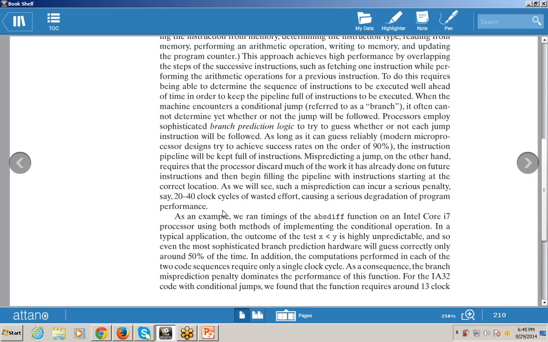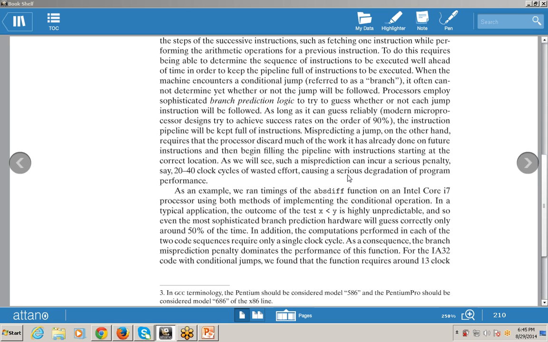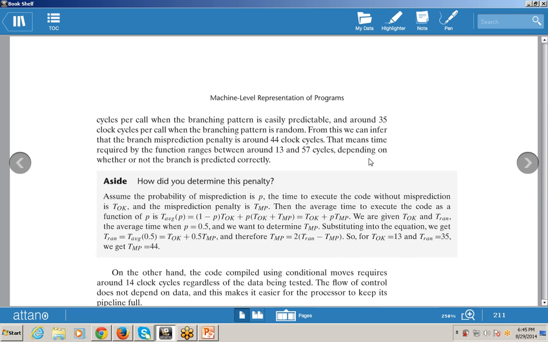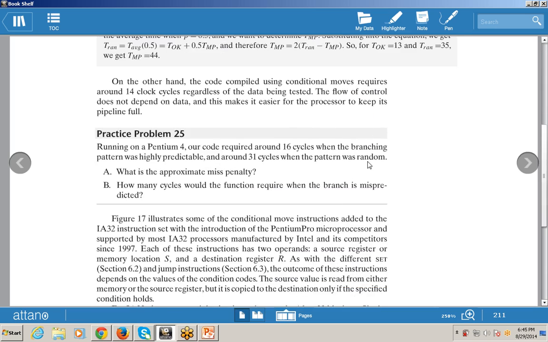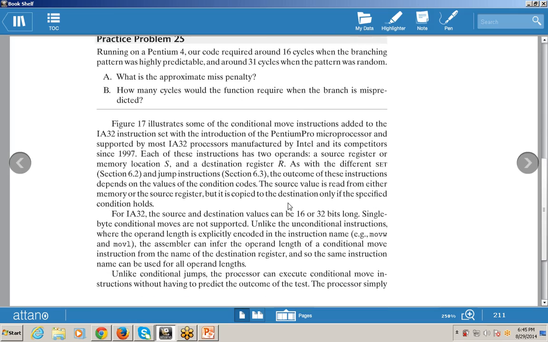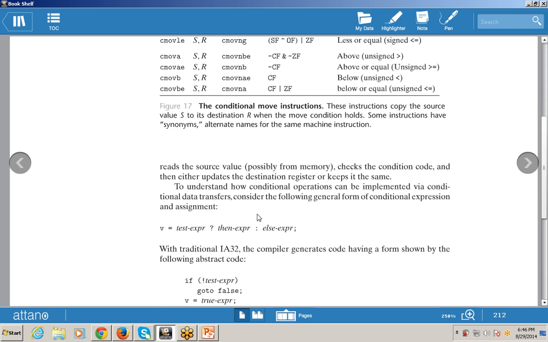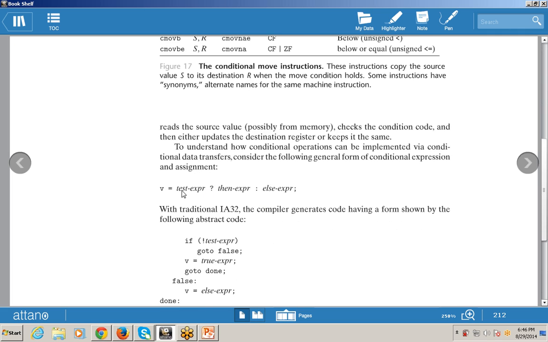These are the multiple move statement examples. These are the examples that we use in IA32 instructions. This is CMOV, the SR, CMOVZ, JF equals 0. This is a conditional statement, that is, if the expression or the condition is true, then execute this one, else execute this expression. This is your test expression, this is your then, this is your else expression.